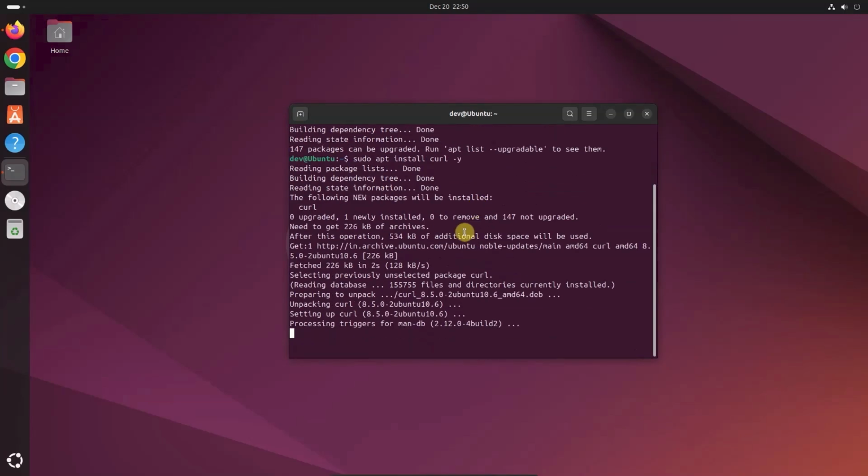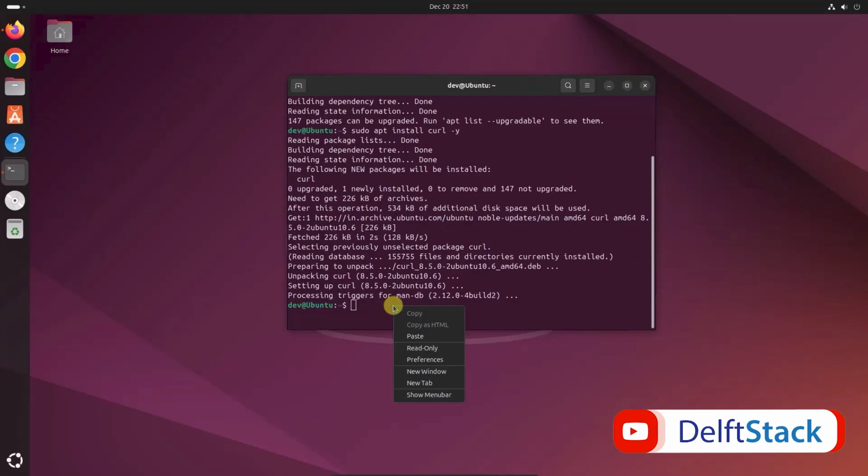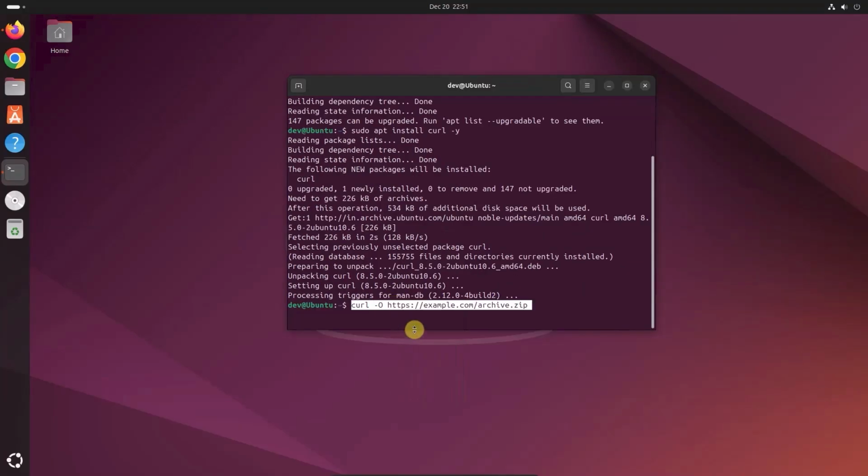So now for the main event. To download a file, we use the curl command followed by a very important flag, -O, that is capital letter O. This flag tells Ubuntu to save the file with its original name instead of trying to display the code on your screen. So all you have to do is just simply copy and paste this template command in the terminal over here. Paste curl -O